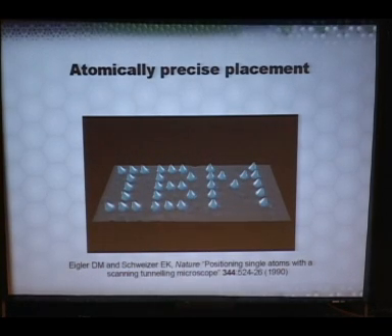So, as I said, a few words on the path forward, getting from where we are today to this kind of advanced technology. Next. Yes, this slide illustrates, you can see the letters IBM. Each of those dots is a single atom. Quite a few years ago, in 1990, this work was demonstrated, and it shows the ability to use direct control